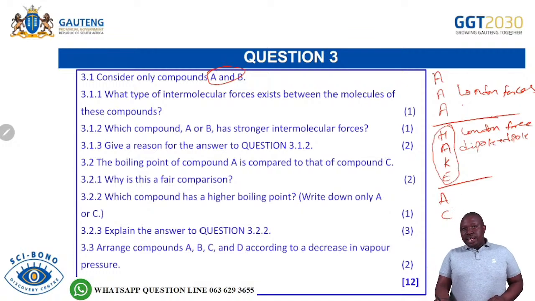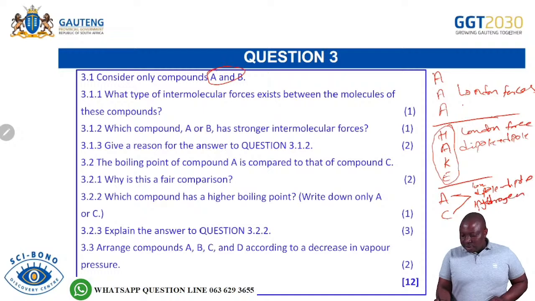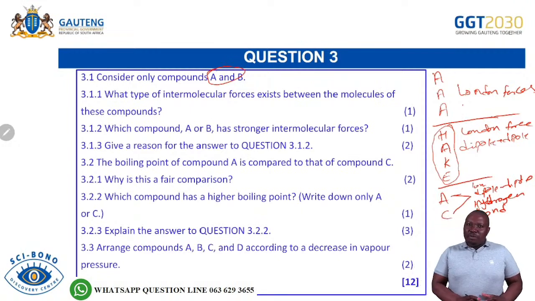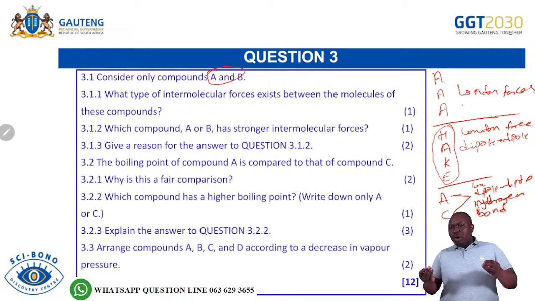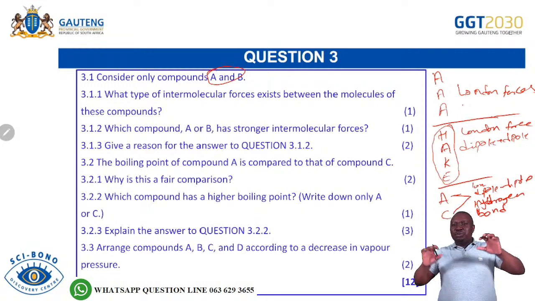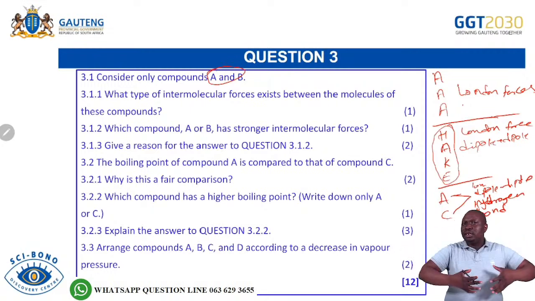And then when you come to AC, which is your alcohol and your carboxylic acid, all of them have London force, dipole-dipole, and what is referred to as hydrogen bond. So hence we are saying this is the strongest intermolecular force, because they have hydrogen bond, which is that bond of hydrogen of one organic molecule to oxygen of another. So I don't want you to make a mistake of saying the bond within the molecule is the intermolecular force. Remember, intermolecular force is between 2 molecules. It's not within one molecule.